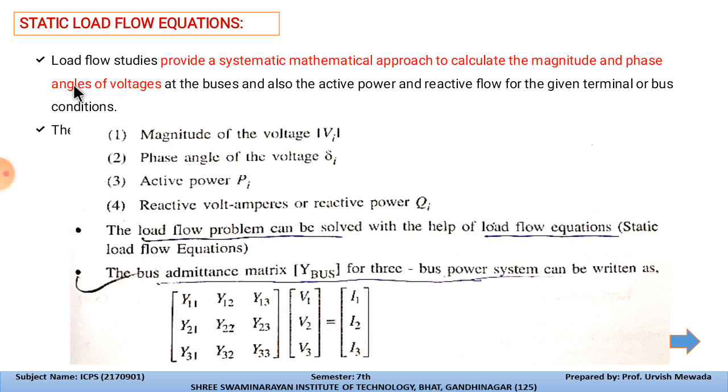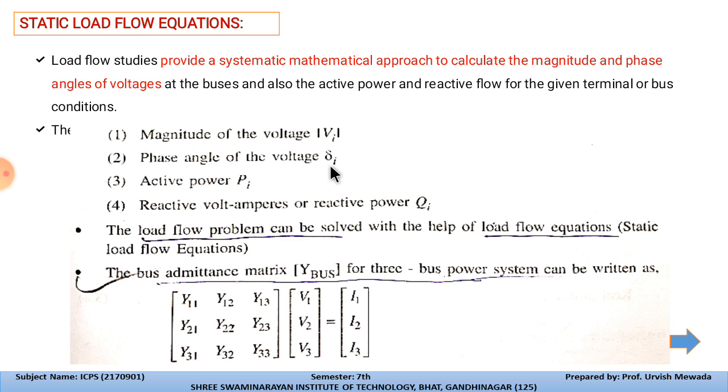So it describes all the powers, active power, reactive power, as well as the phase angle, and the additional thing is that it describes the bus conditions. So from all these powers we can define the bus condition also with the help of static load flow